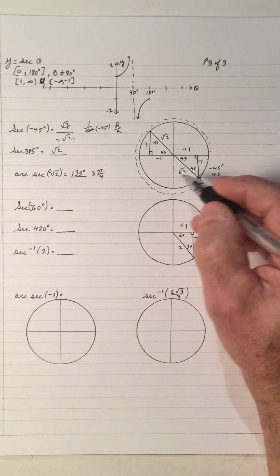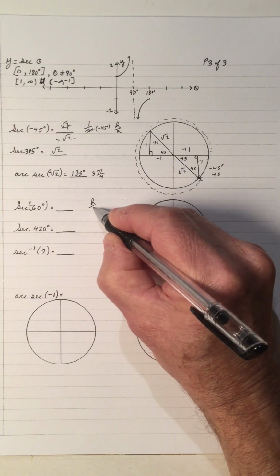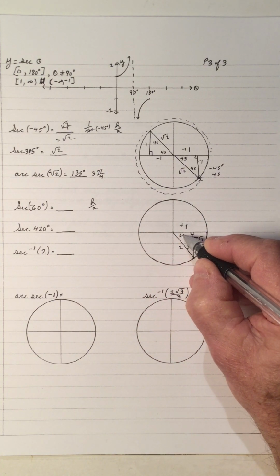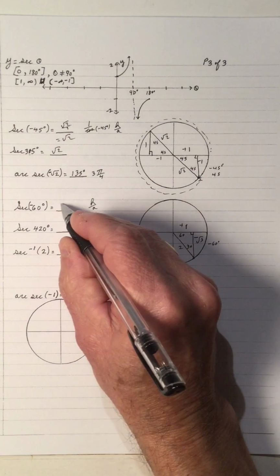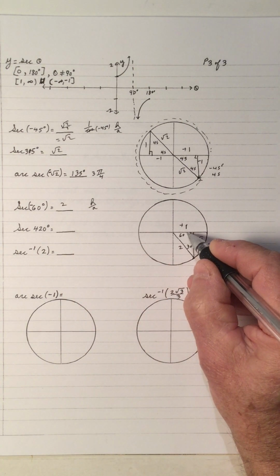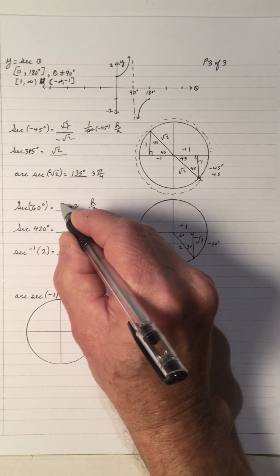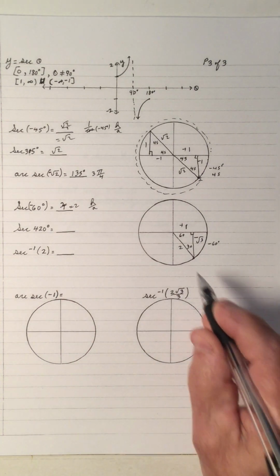a reciprocal of cos, so that's hypotenuse over adjacent in terms of the negative 60. So the reference angle is 60. So the hypotenuse is 2 over the adjacent, which is 1. So 2 over 1 is 2. And let's look at